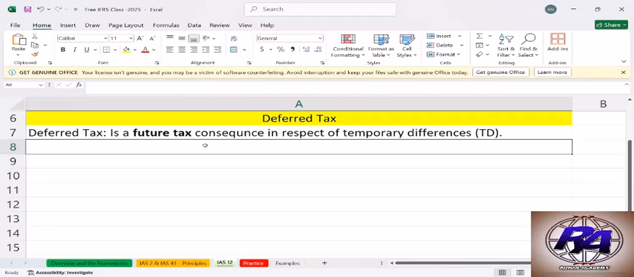So in a nutshell, when you talk about deferred tax, it's a future tax consequence as a result of what is happening today, as a result of our temporary differences. I'll give you one difference, which is the depreciation. There are sometimes certain things that the tax authorities allow to be deducted from our tax, but the company,